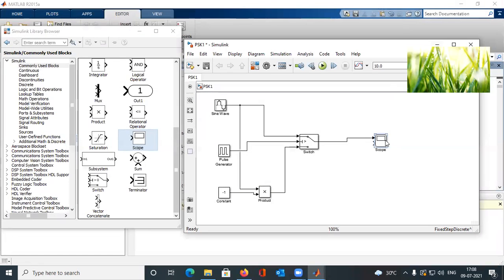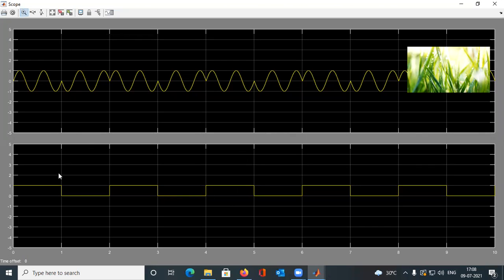So we need to simulate once again, and we need to give the input of scope 2 to this, my message signal. Now simulate again. See, we can see this is my input and this is my output. Here we can see in the output how the phase is changing. When the pulse is changing, meaning when the message signal is changing from 1 to 0, it's changing its phase. Again from 0 to 1, it's changing its phase.